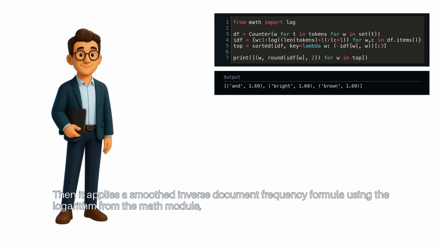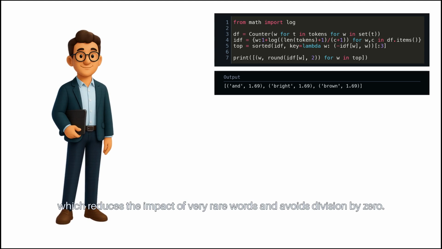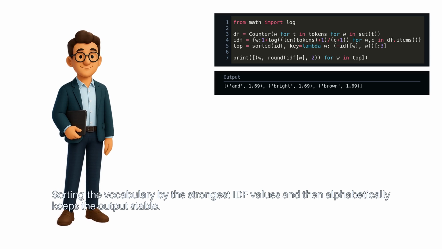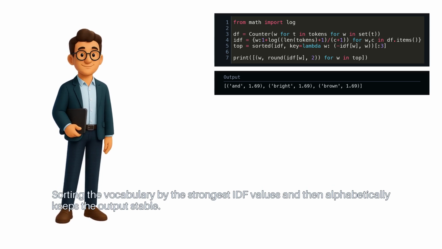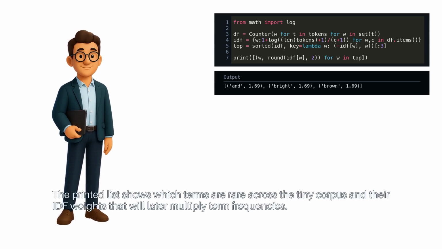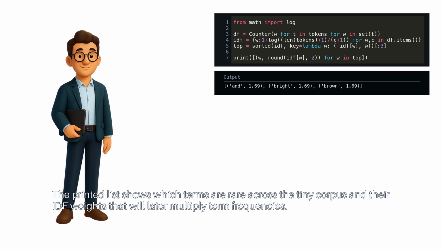Then it applies a smoothed inverse document frequency formula, using the logarithm from the math module, which reduces the impact of very rare words and avoids division by 0. Sorting the vocabulary by the strongest IDF values and then alphabetically keeps the output stable. The printed list shows which terms are rare across the tiny corpus and their IDF weights that will later multiply